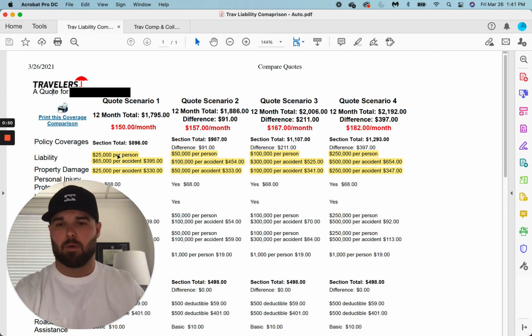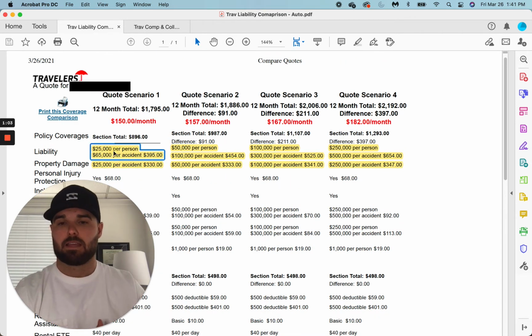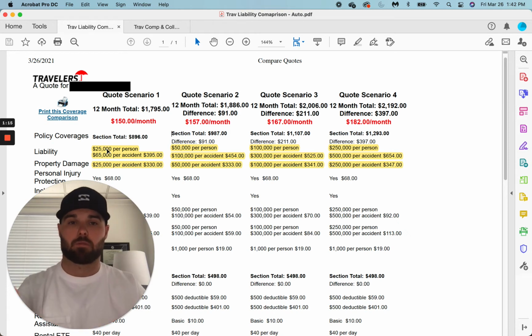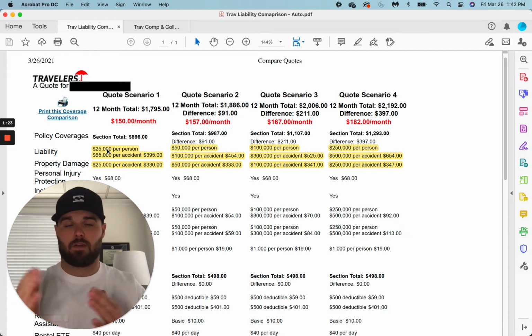So liability limits is made up of two separate sections, three different numbers. We have the bodily injury liability and the property damage. This quote here is going to be the state minimums in the state of Utah. So $25,000, $65,000, $25,000. It's $25,000 per person for medical bills or liability payments to one person. So if you're in an accident, you're at fault, and the person in the vehicle is hurt, they have $25,000 from your auto insurance for those payments.